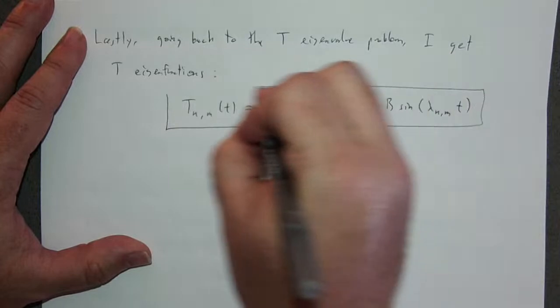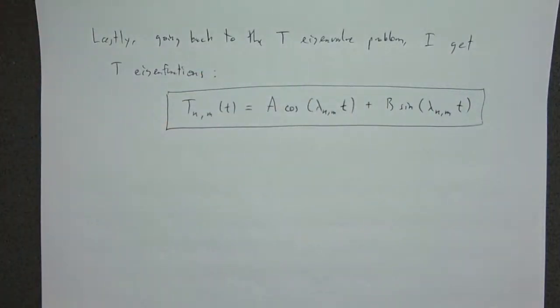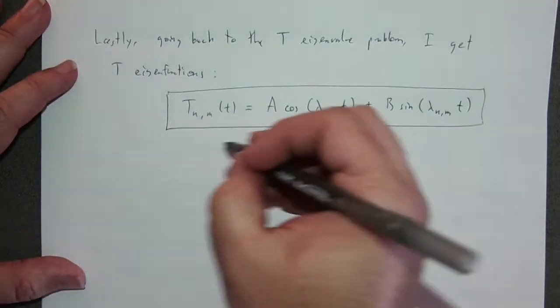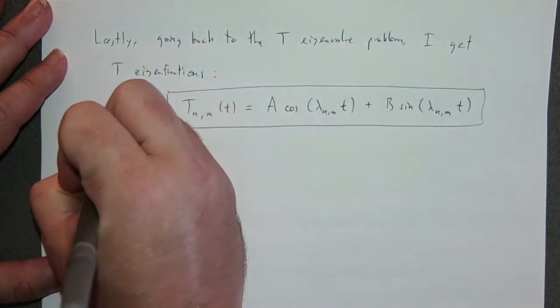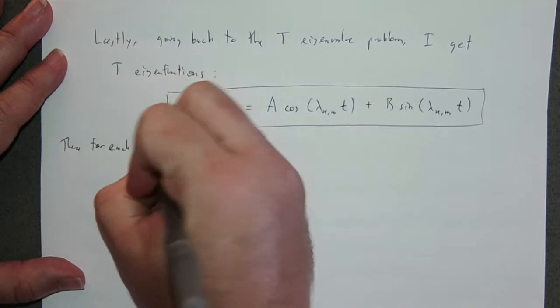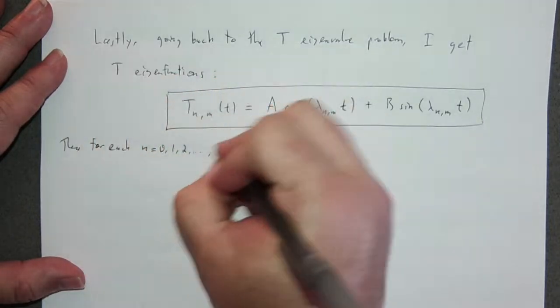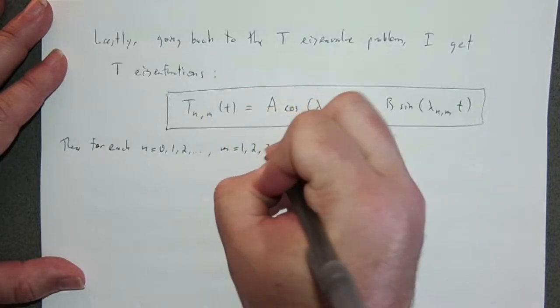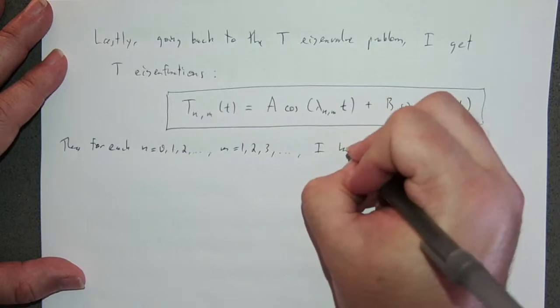Now again, you might complain because this is kind of sort of annoying because we haven't explicitly found the lambdas, right? They're defined in this implicit relation way as roots of these Bessel functions, so we don't have like a nice closed form expression for these eigenvalues. But nevertheless, let's continue on like this, right? So then what are my separated solutions now, right? So thus, for each n equals 0, 1, 2, and so on, and m equals 1, 2, 3, and so on, I have separated solutions